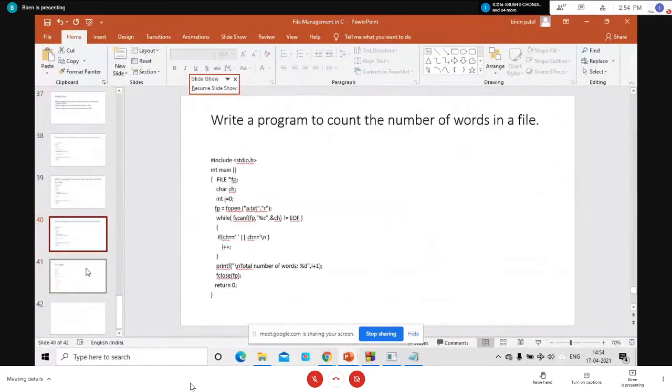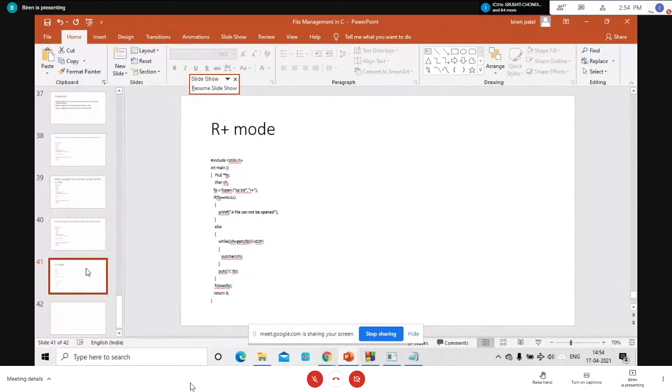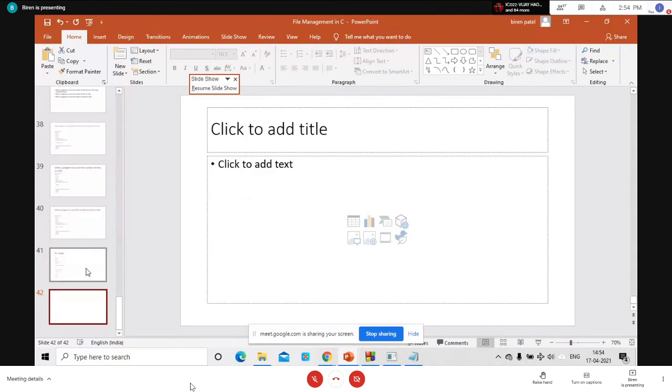Right now we have discussed only 4 modes: r, w, a, then r plus mode. In the next lecture, I am going to use two different functions, fseek and rewind. With the help of these, I am going to use w plus mode. So before discussing w plus mode, I need to discuss two other new functions. Then we will try to complete the chapter, and in another lecture we will try to do complex exercises like printing a mark sheet of our students, or let's say sorting of integers in two different files. This type of complex exercise we are going to do in the next 2 lectures.